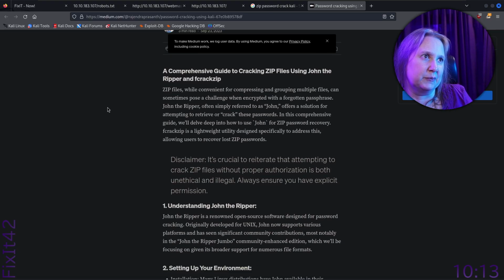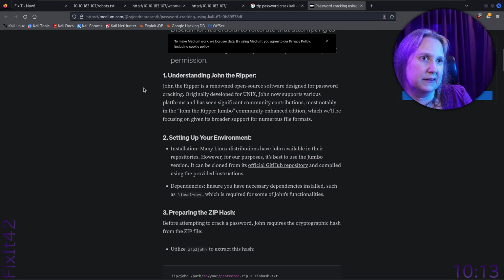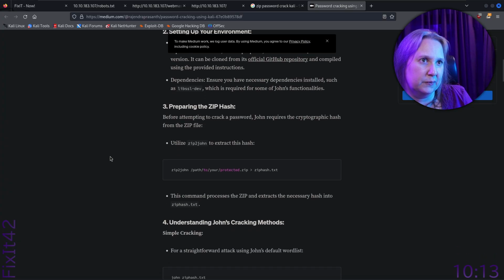So, guide to cracking zip files using John. Okay, fcrackzip. Let's not read all of this. I'm just scanning a bit. We need this dependency. If it doesn't work, we'll look more. Zip2John. Do we have this tool? That's good to know. It will work. Okay.